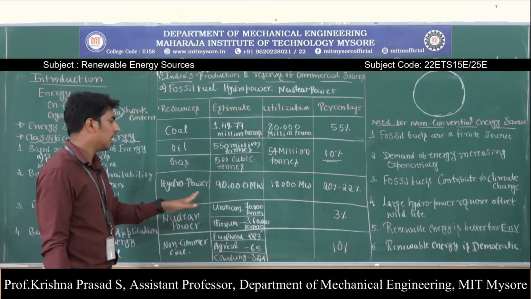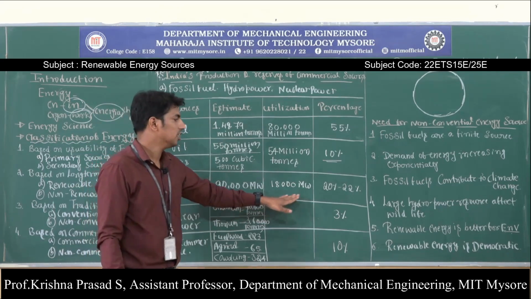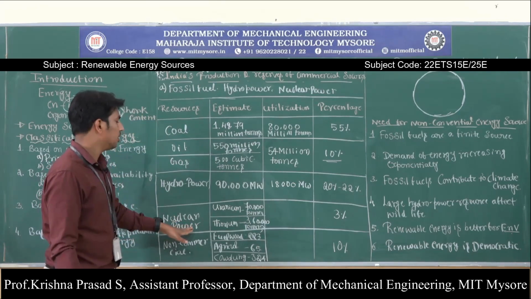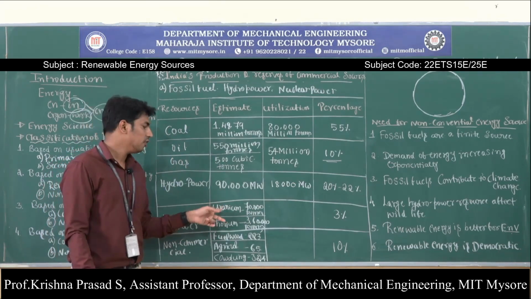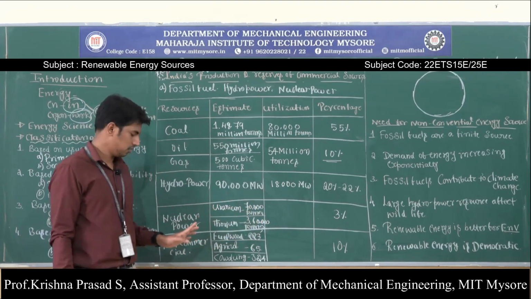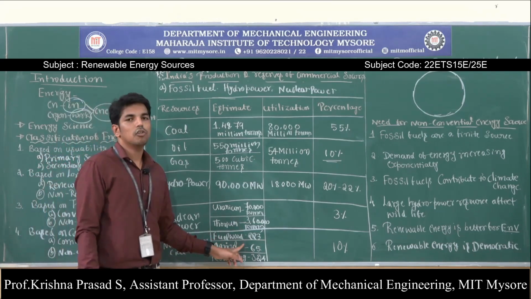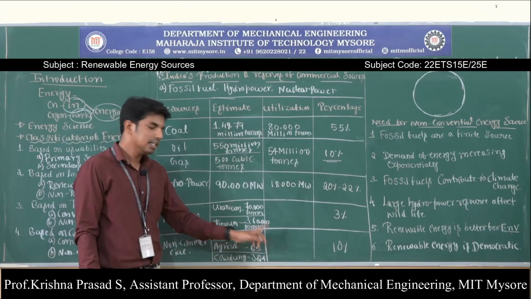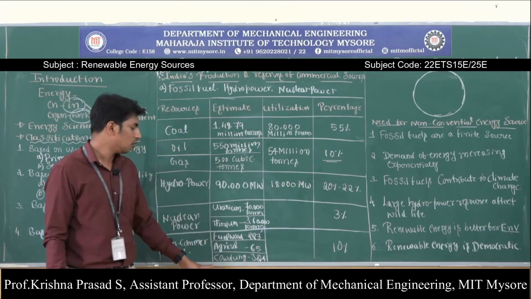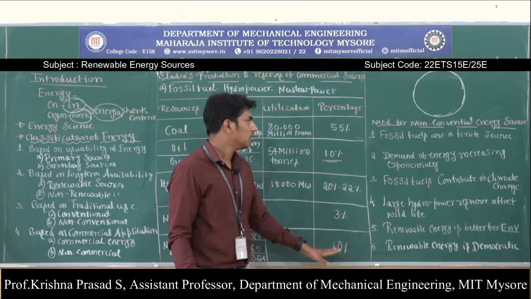Similarly, for hydropower we have 90,000 megawatts, and we are utilizing only 18%, while 22% utilization is possible in India. Then nuclear power, the 2 main sources are uranium, available 70,000 tons, and thorium, 360,000 tons. And non-commercial energy sources like fuel wood, we have available 223 million tons, agricultural waste for the year 65 million tons, and cow dung 324 million tons. So we are utilizing 3% and 10%.